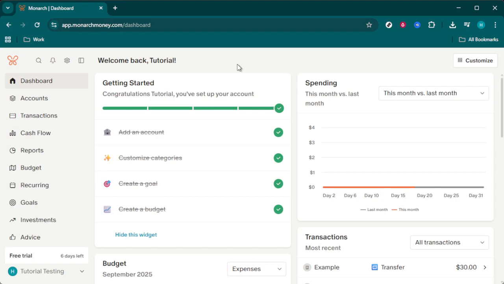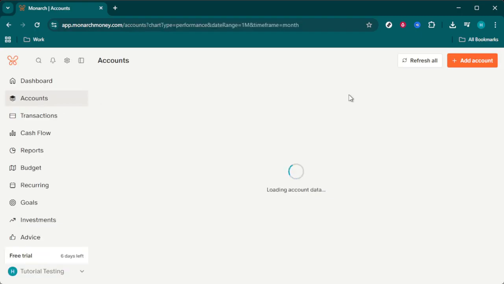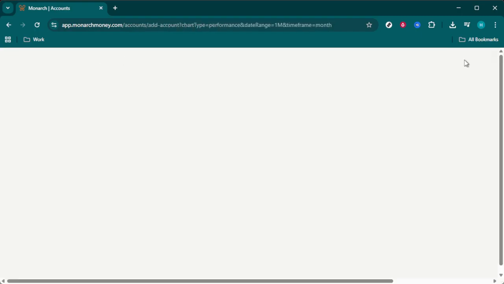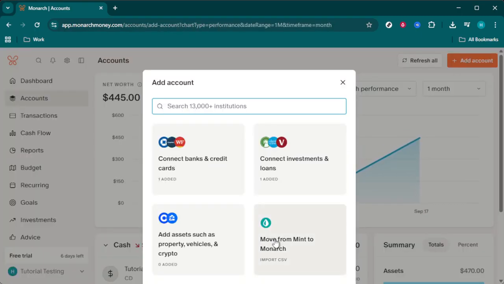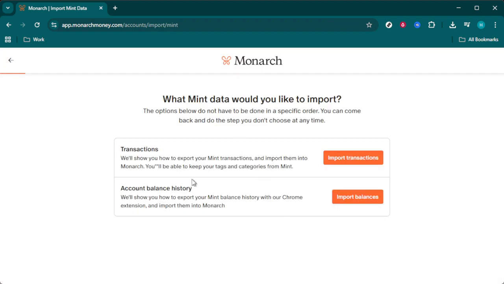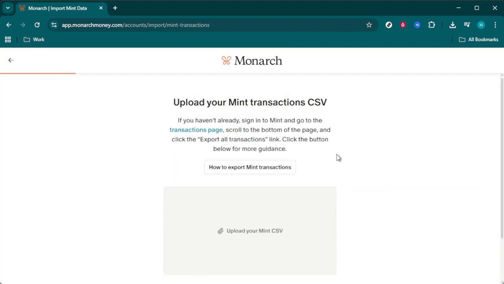First and foremost, one of the biggest advantages is automated data entry. By linking your bank accounts or uploading CSV files, Monarch Money can automatically import transactions, which significantly reduces the amount of manual entry you need to perform. This not only saves time, but also minimizes the risk of human errors,